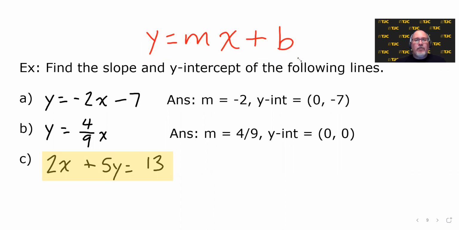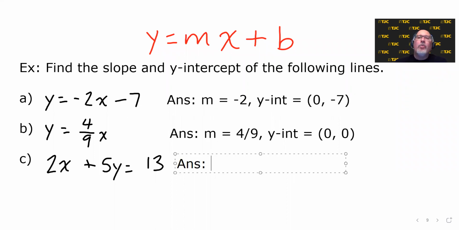Well, slope-intercept form, the guy at the top there that's flashing, has a very particular look to it. Specifically, the y is by itself on one side. And that's not the case down here. The y is not by itself here. So guess what we need to do? Well, if we're going to pull the slope and the intercept out of an equation of a line, and it's not in slope-intercept form, we can get it into slope-intercept form by solving for y. So we're going to rewrite